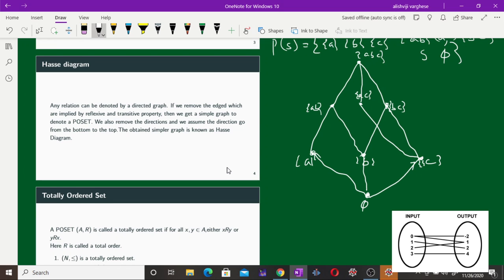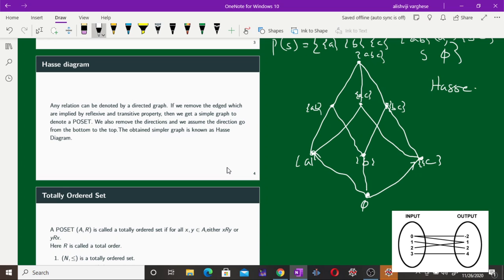B is related to AB. B is related to BC. C is related to AC and BC. A is related to AC also. Okay. This is the minimum required edge to represent our relation, and the diagram hence obtained is known as Hasse